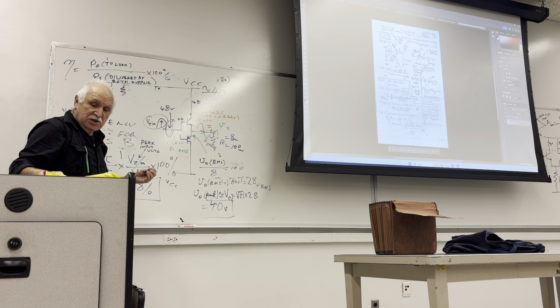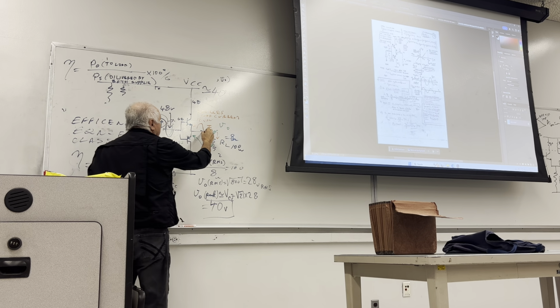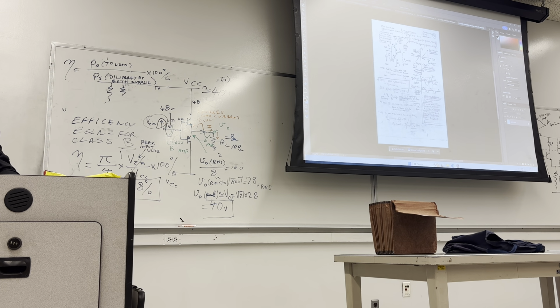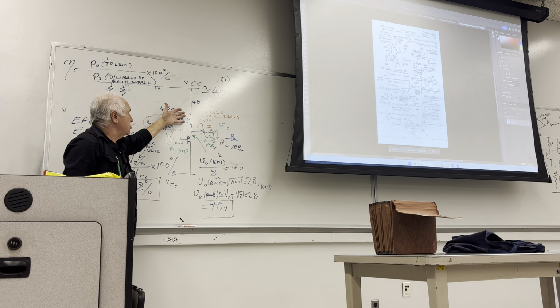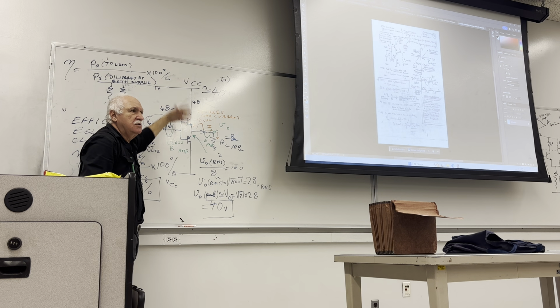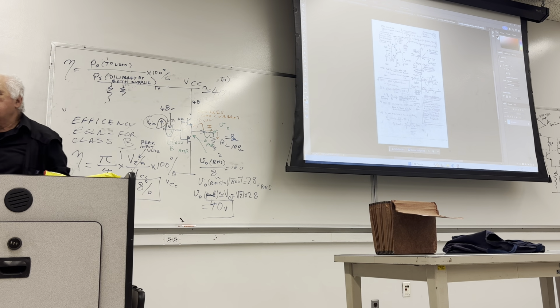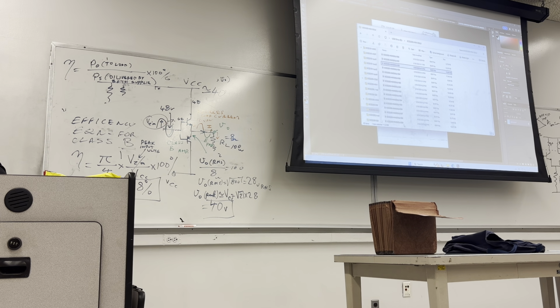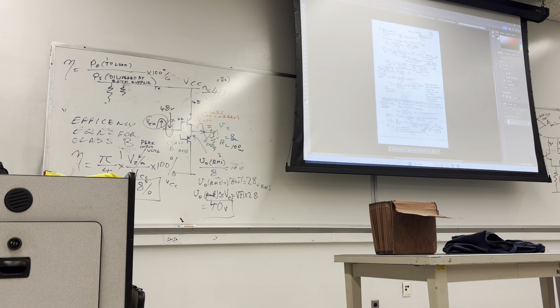However, the menacing part is this distortion that exists between the two. This guy. This crossover distortion. It's called crossover distortion because duty of conduction is passed from one to the other. There are crossovers. So this is how it is modified. They need to take the slack for that 0.7 volt VBE. One of the ways of doing it is